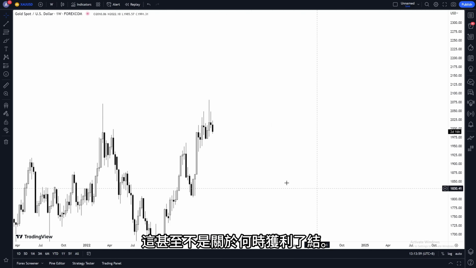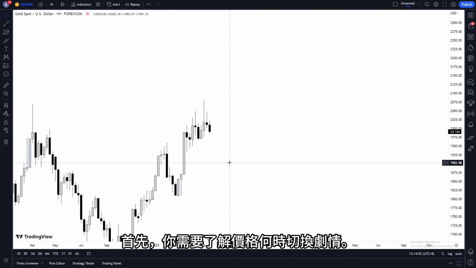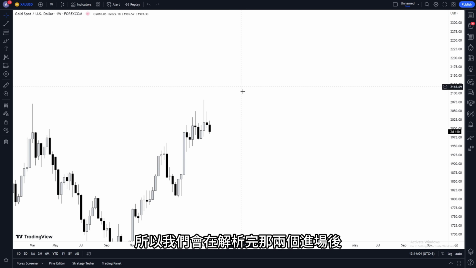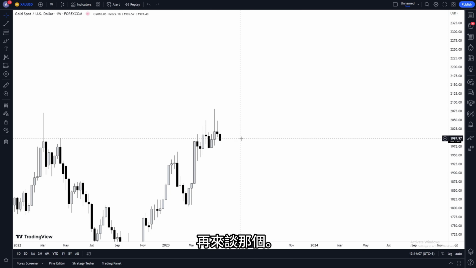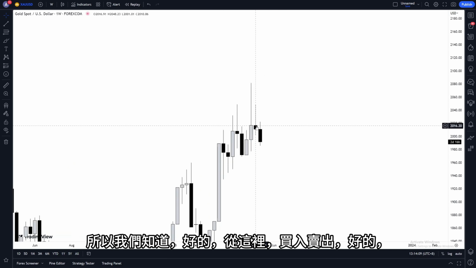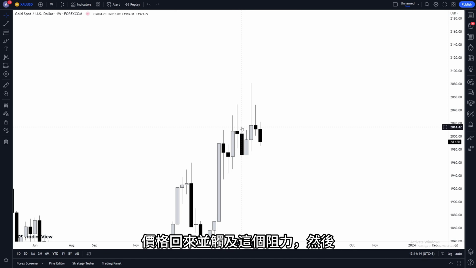It's not even about when to take your profits. First, you need to understand when price switches storyline. So we'll talk about that after we break down those two entries. So we knew, okay, from right here, buy, sell, price comes back and touches into this resistance, and then